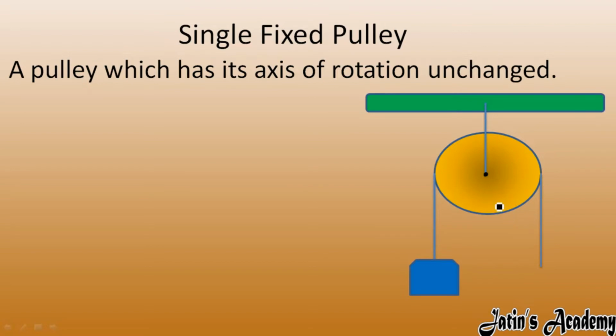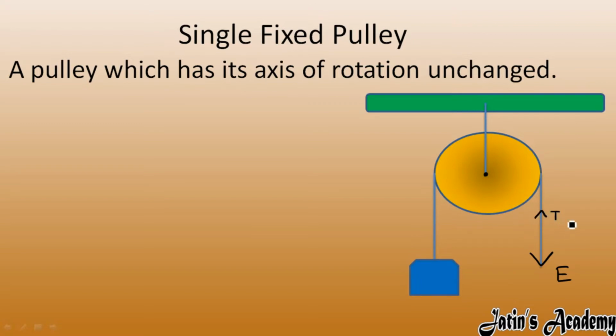Now we have to see the mechanical advantage. Before understanding the mechanical advantage, let's see what is actually happening when you apply the force on the pulley. Here you are applying the force in the downward direction. The force applied by the person on the machine is called effort. When you apply force on the string, a force is produced in the string. That force is called tension force.